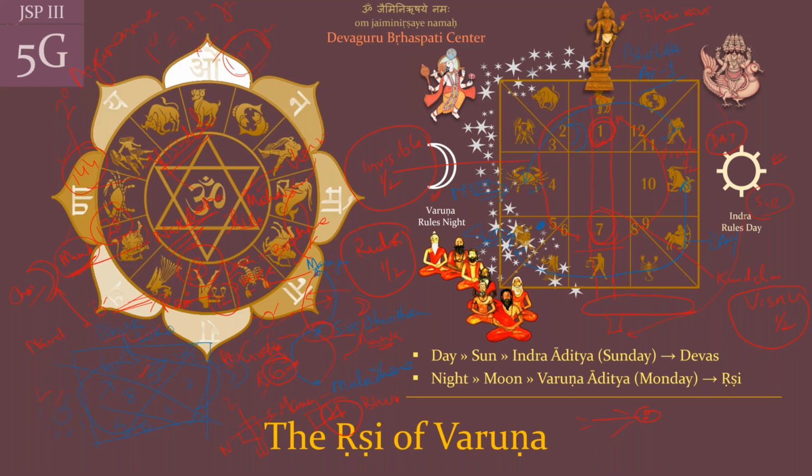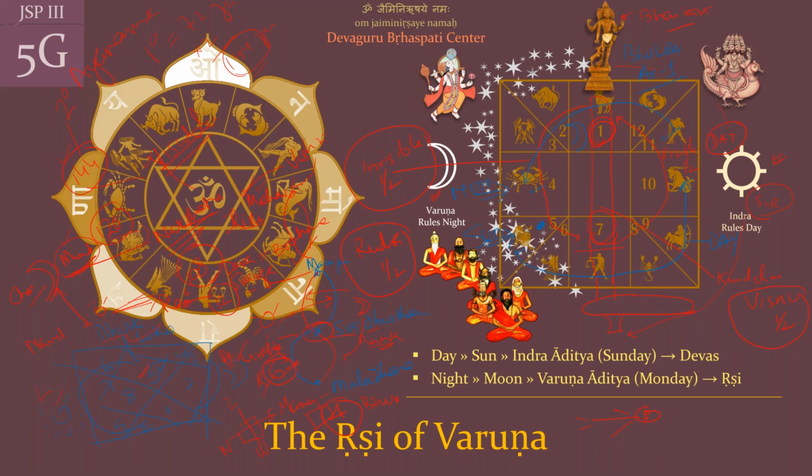Now come to the night. The night is ruled by the moon, and we have seen that he is the king of the nakshatras, and he is connecting to Vishnu. Every Vishnu avatar will have a very strong lunar influence on the Lagna, very strong. If it is not there, then how are you connected to Maharloka? I mean, how? Either through nakshatras or how are you going to connect? So the moon is very critical over here.